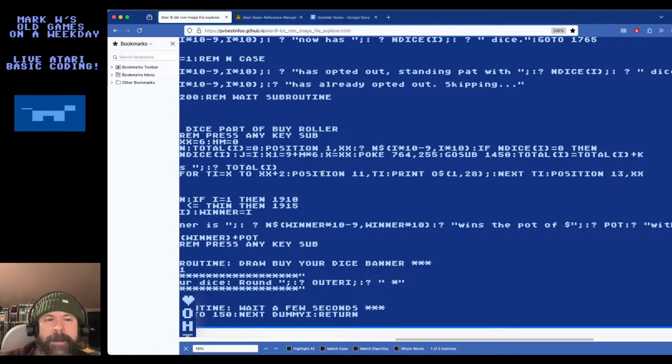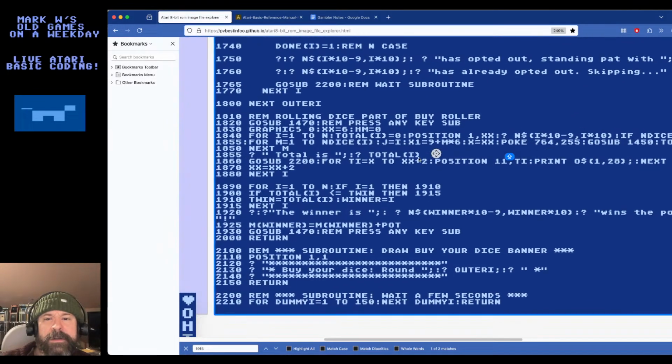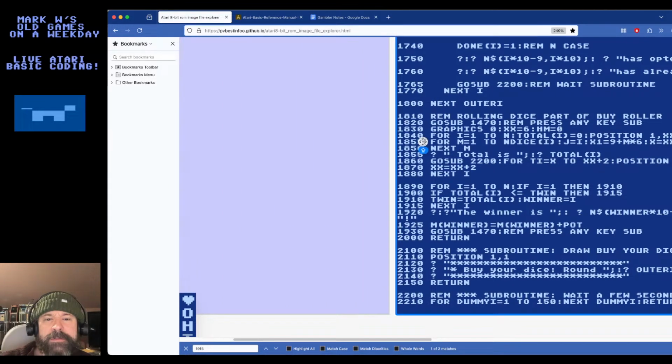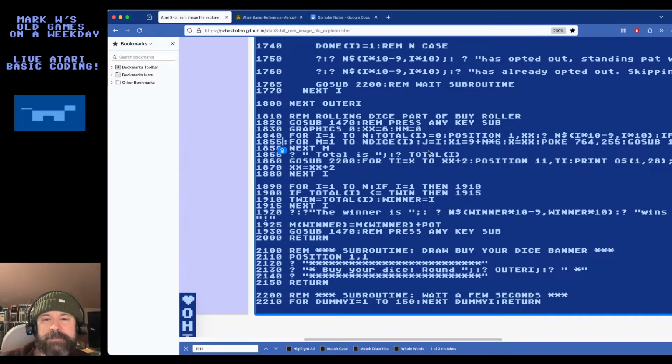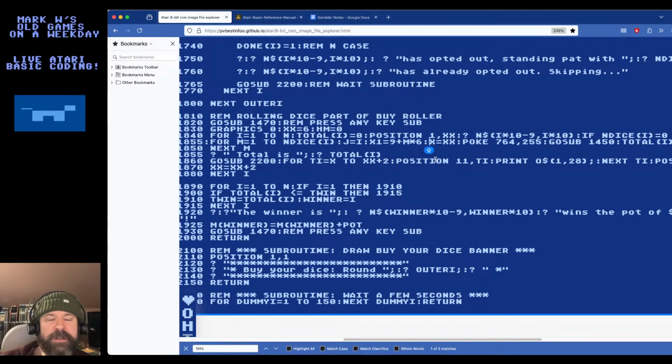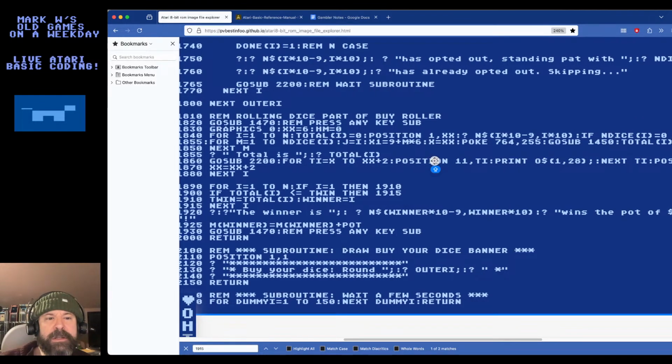All right. If n dies equals 0, then 1855. Yeah, it should work, I would think. This might be where I have to call it work because I'm too tired to debug.